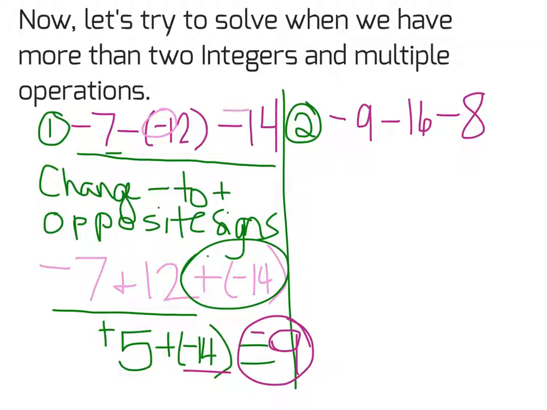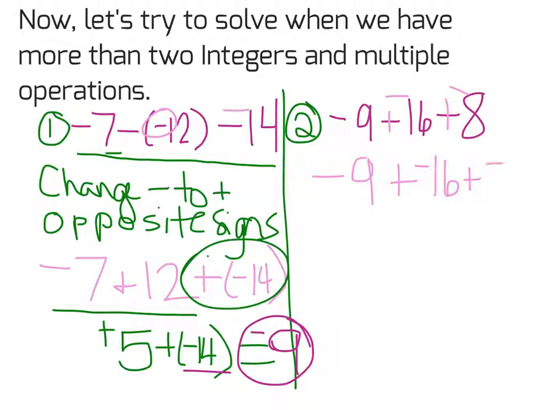All right. Let's try it on the next one. Again, first thing that we're going to do right off the bat is change from subtraction to addition, and then we're going to make opposite signs. So again, this can be addition, and this can be addition. And then this sign becomes negative, and this sign becomes negative because they were positive to begin with. So let's write it over. -9 plus